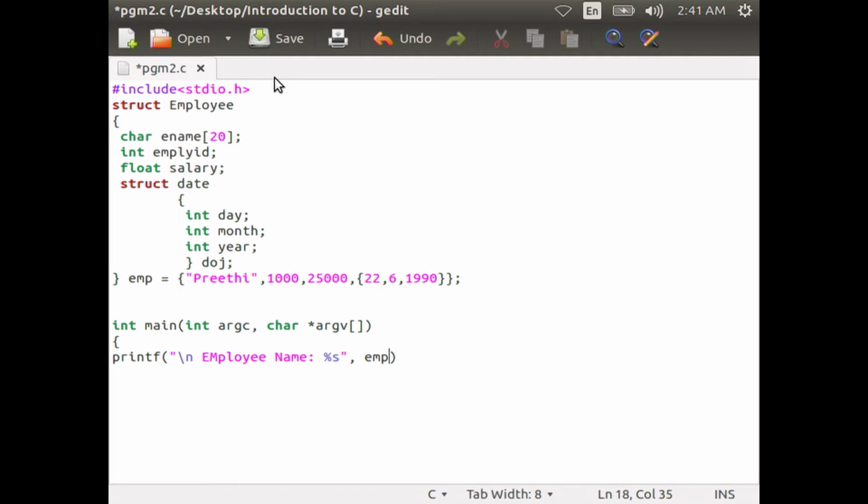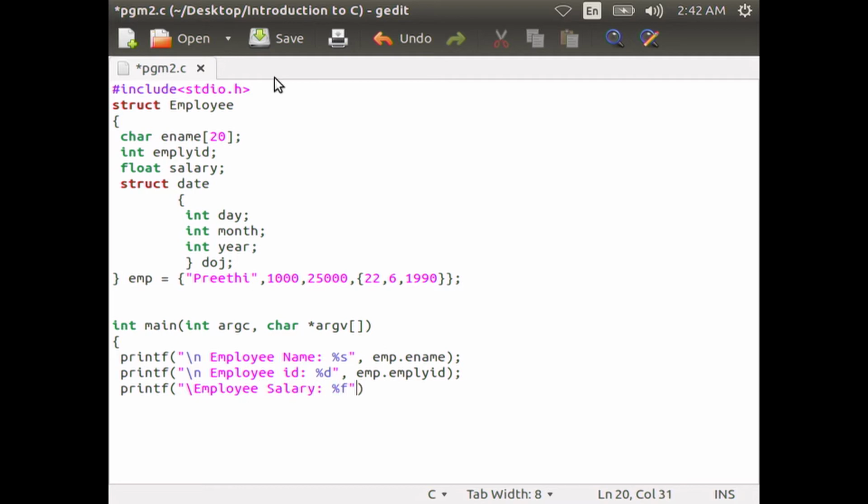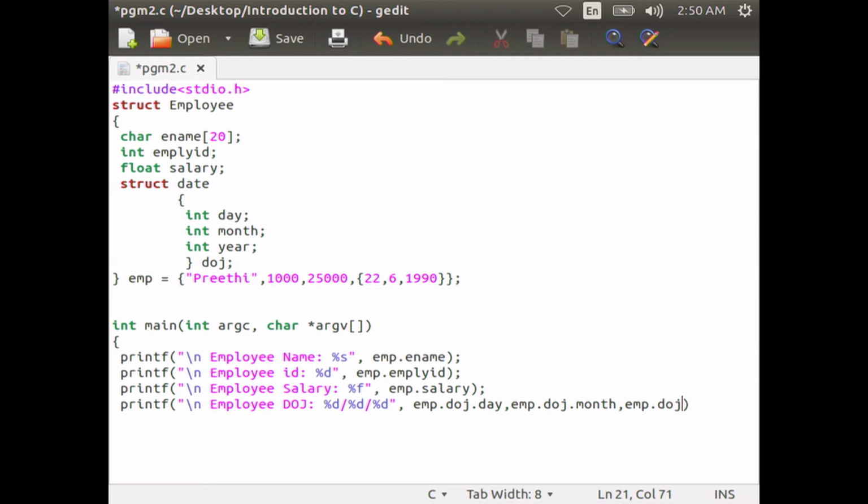Then start the curly brace: printf employee name %s, emp.ename; printf employee id %d, emp.emp_id; then printf employee salary %f, emp.salary; printf employee doj %d %d %d, emp.doj.day, emp.doj.month, emp.doj.year; then return 0, then close the curly brace.